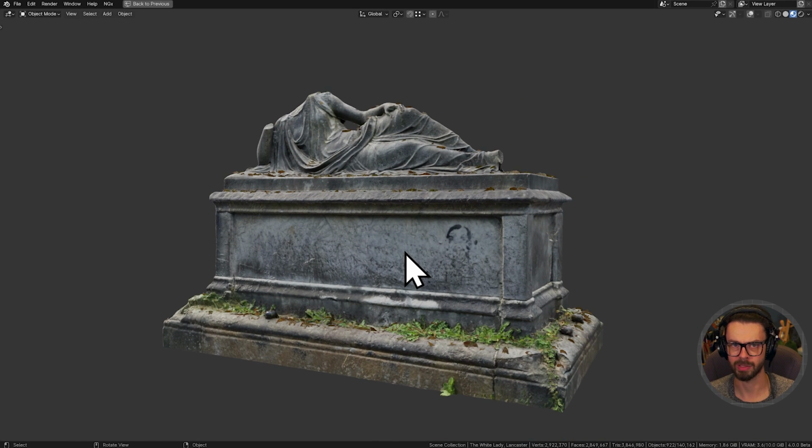So a few considerations when doing photoscanning. First of all, we need to understand what photoscanning is, how it is going to be thinking about making 3D meshes. And then we also want to know what software to use for it and how to deal with the